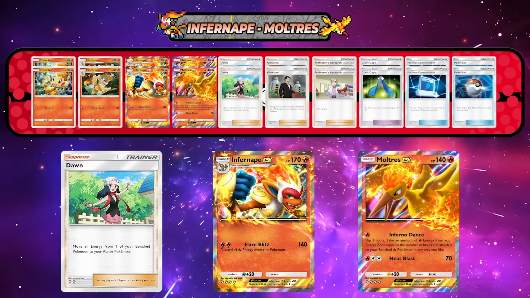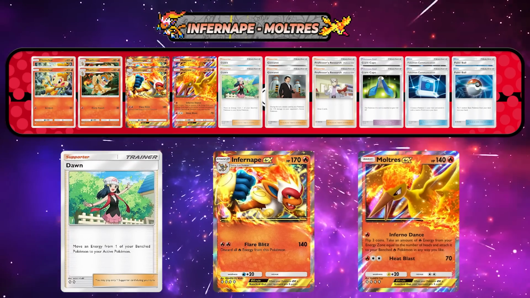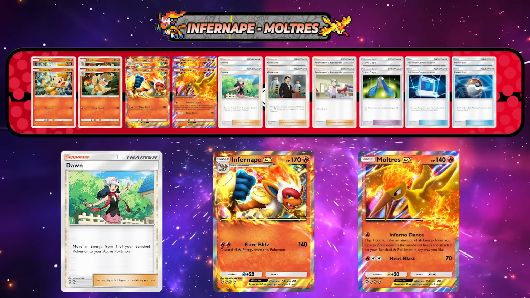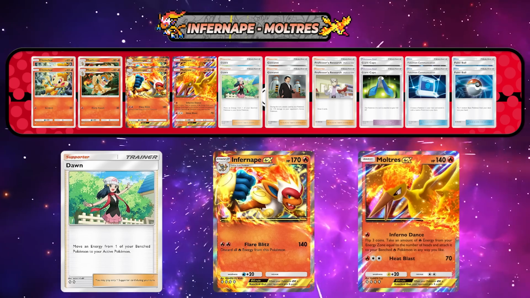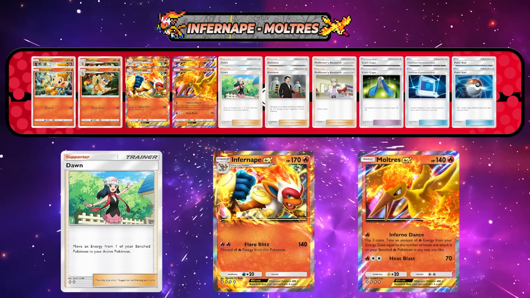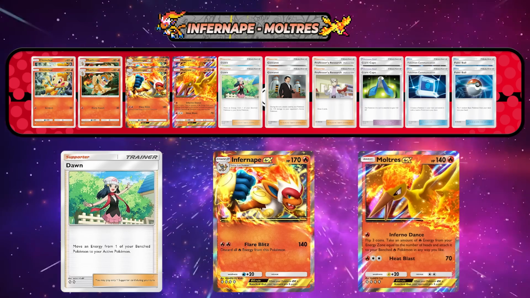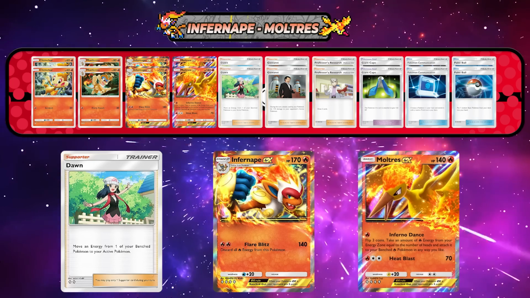Up next, we have another Infernape variation being played alongside Moltres EX that had a top 64 finish in the Hogalandia Spraggles Open this weekend. While Moltres notably doesn't want to power up Infernape past just 2 energy, a synergy that is worth noting is that Dawn can both help our